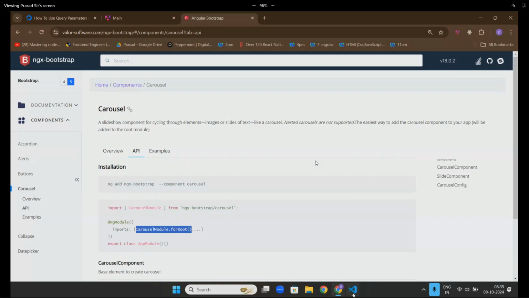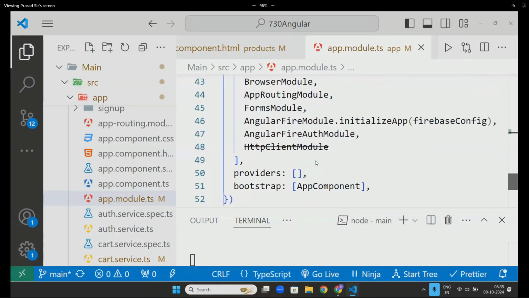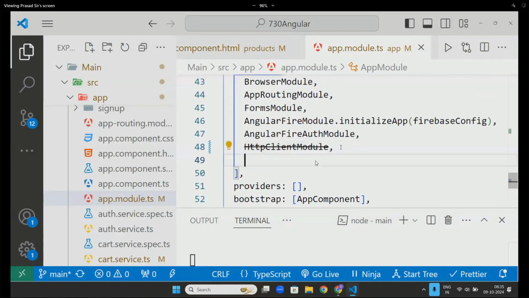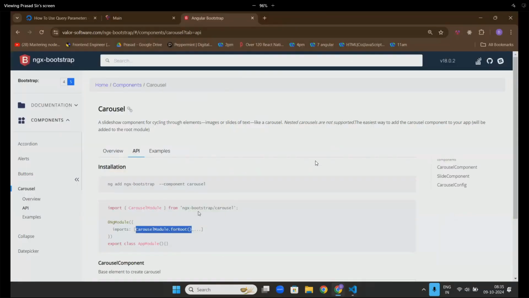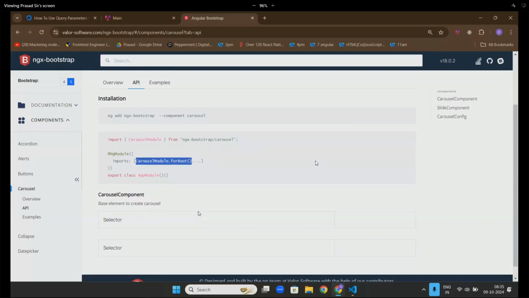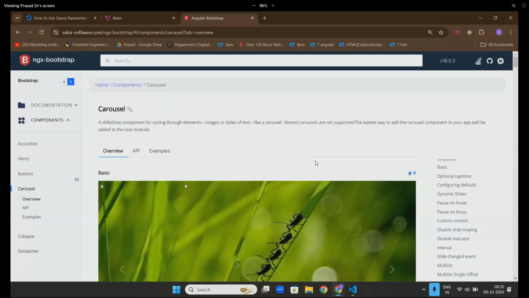Go down. Perfect. Then carousel component. Go here.